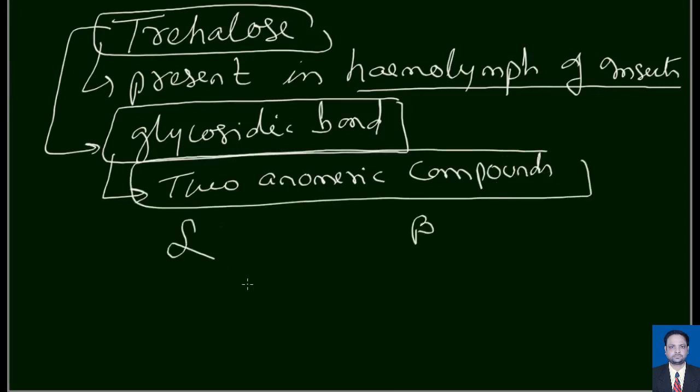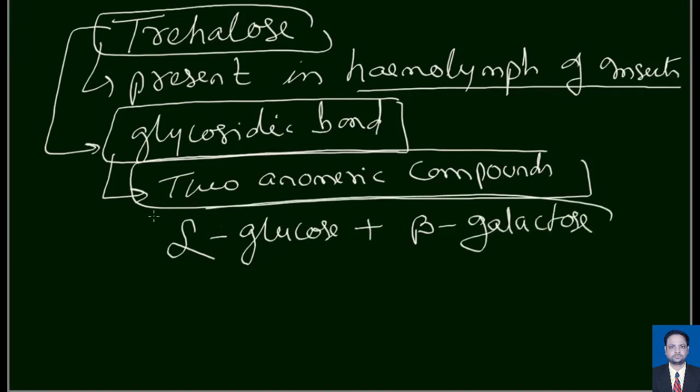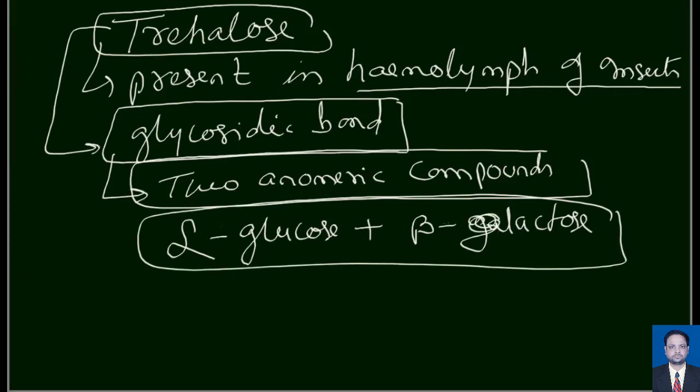Got it? And the alpha, what? Alpha glucose plus beta glucose. So it is a combination of alpha glucose and beta glucose. This is not galactose, this is beta glucose. So two anomeric, both glucose compounds, but galactose is an epimer, but both are glucose compounds, with alpha and